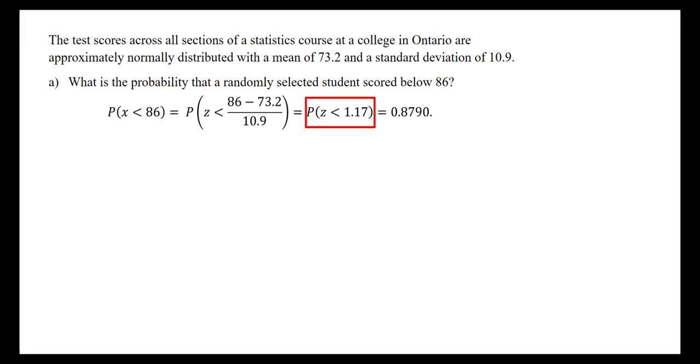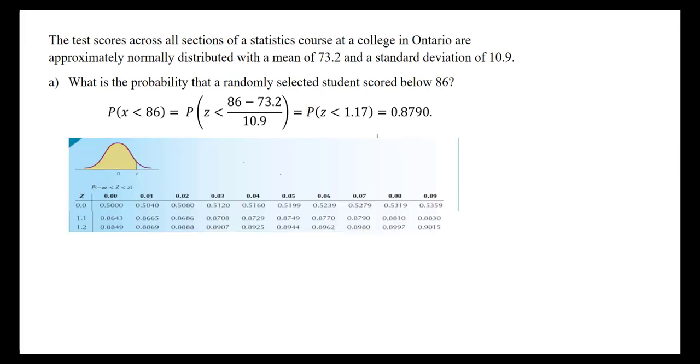So we can find this area by using our standard normal table. In our standard normal table here, we have the area below given in the body of the table that is corresponding to a particular z-score value. So on the left side, I will find the number in the first whole number position and in the first decimal place, which in this case is 1.1. Then across the top, I find the number in the second decimal place, which is 0.07. So when I look in the intersection, I'll get 0.8790. So that means the area below the z-score value 1.17 is